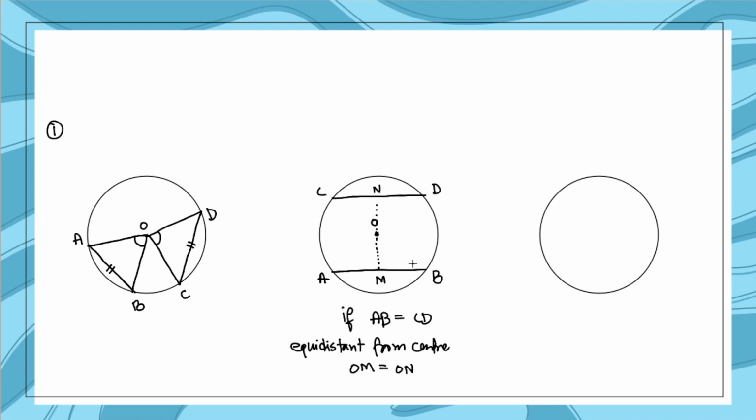Okay, that is one thing. Now this is the second property. The third property which we have over here is that if you draw a chord, let's say I have a chord AB,